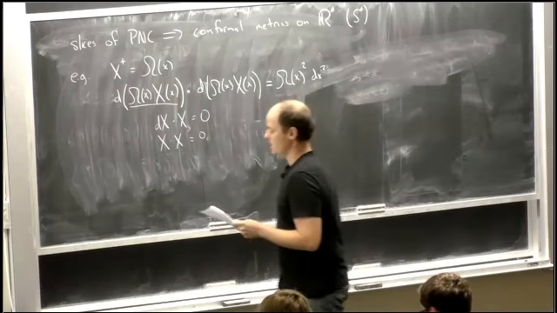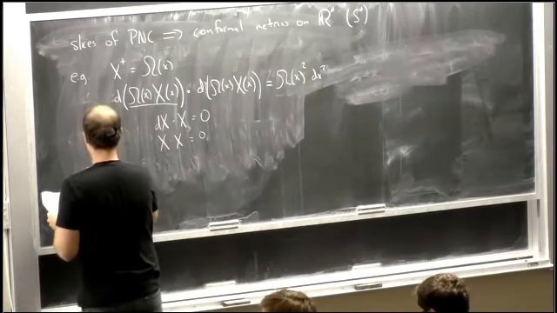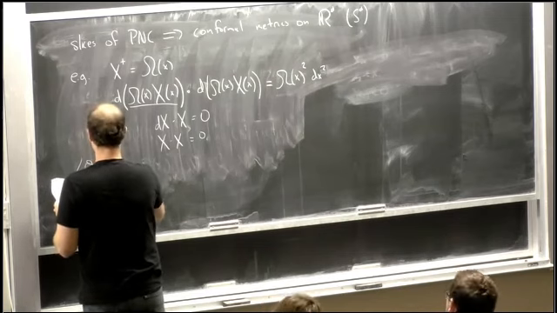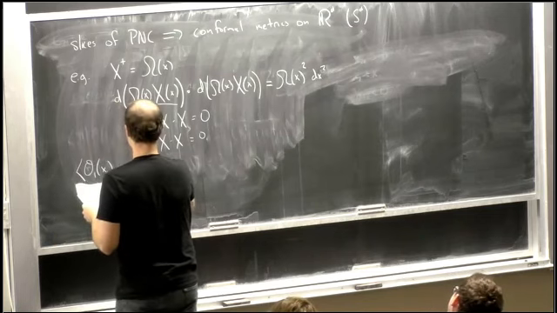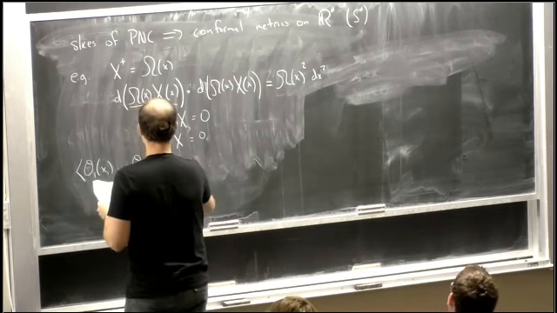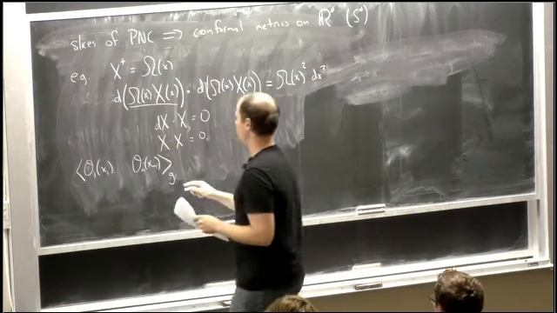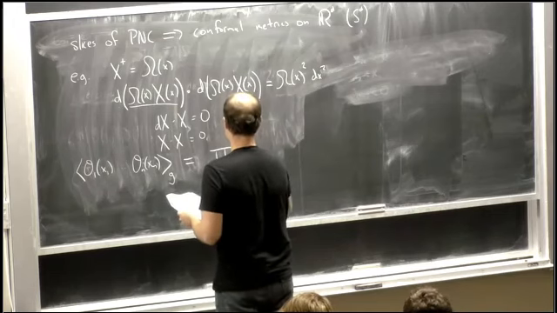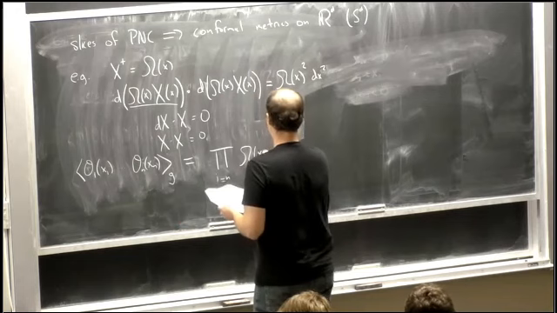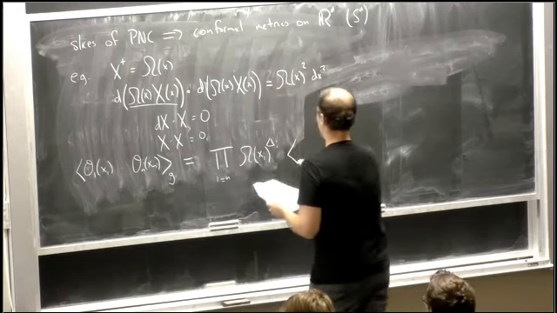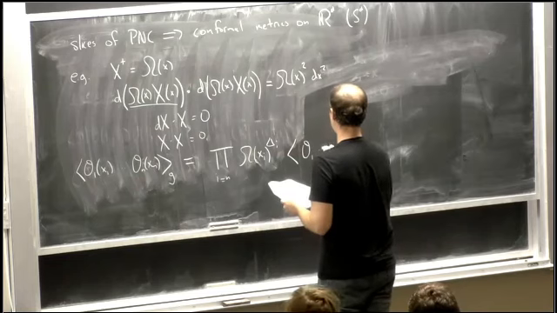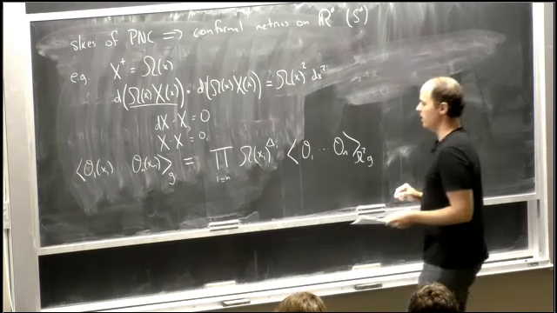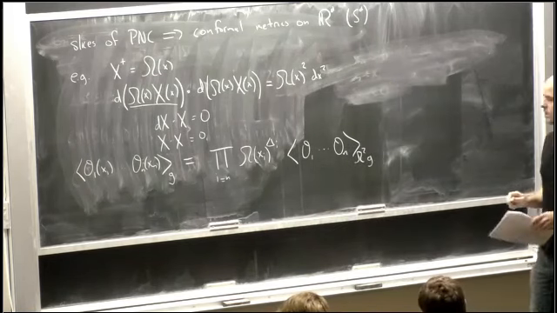And the last comment I want to make about the Euclidean embedding space is that it's easy to go back and forth between different conformal frames. So if you have a Euclidean correlation function in one conformal frame, let's say with metric g, then this is related by just some rescaling factors to the correlation function in a different conformal frame, where the metric has been rescaled by omega squared.